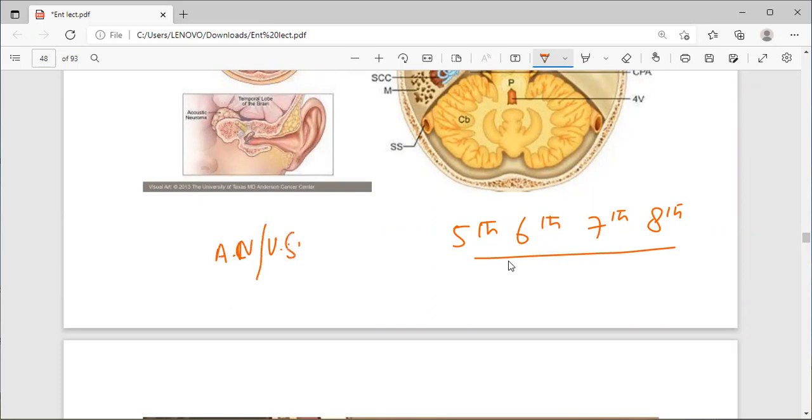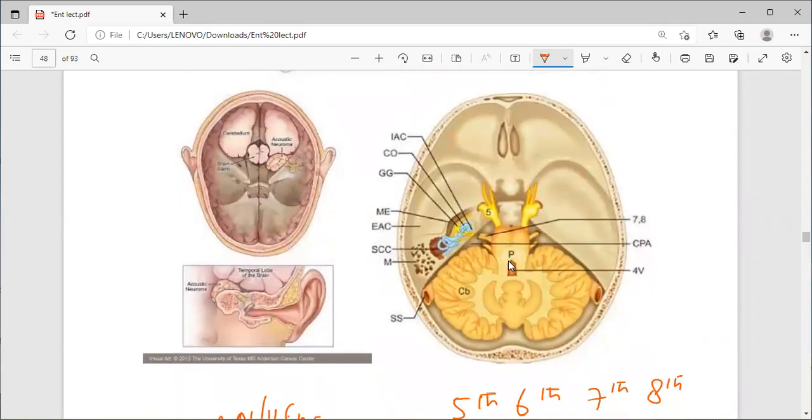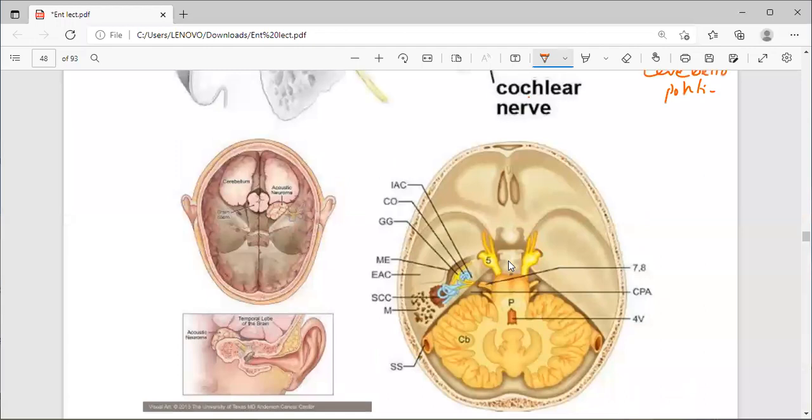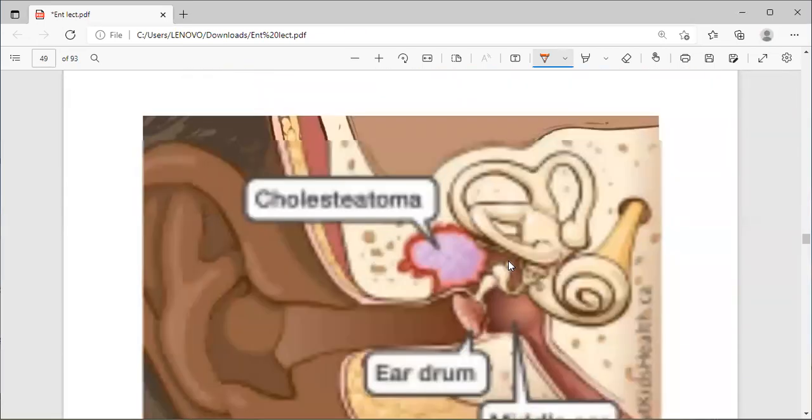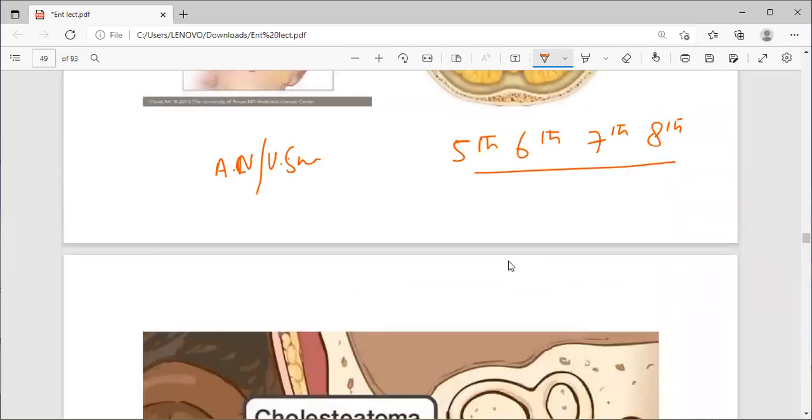Both are same, vestibular schwannoma or acoustic neuroma. You can see here the diagram. Multiple diagrams. Here you can see there is a vestibular acoustic neuroma which has developed in the cerebellopontine angle. Now it can increase in size, and because here are the vestibulocochlear nerve and facial nerve, it can damage these nerves. So whenever you get the symptoms of damaging 5th, 6th, 7th, 8th nerve, you are dealing with the acoustic